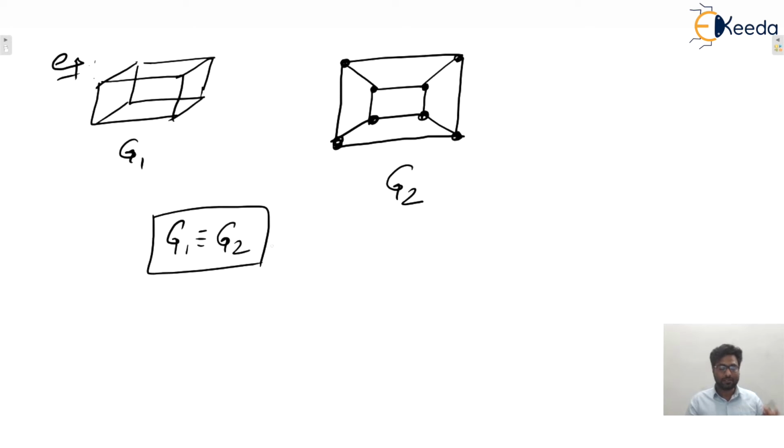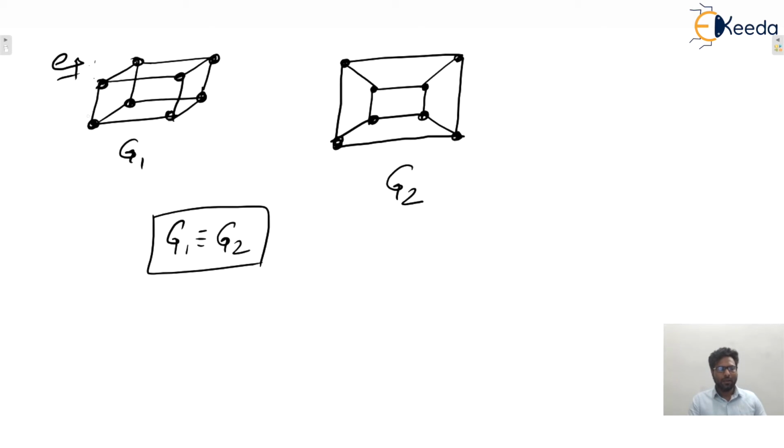You can see all the invariants, 5 points, will be satisfied. Both have the same number of vertices, no problem. Both have the same number of edges, no problem at all. Third, the degree sequence is the same. The number of cycles will also be the same. Next, adjacency will be preserved. Take any vertex in G1 with neighboring vertices having degrees 3, 3, 3. The same vertex will be there in G2 also. So exactly, these are the same, equivalent graphs. So G1 is isomorphic with G2, isn't it?